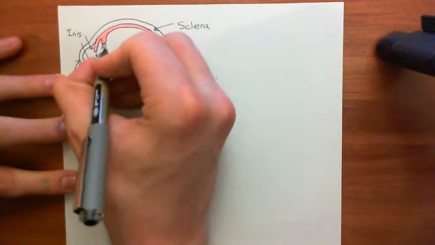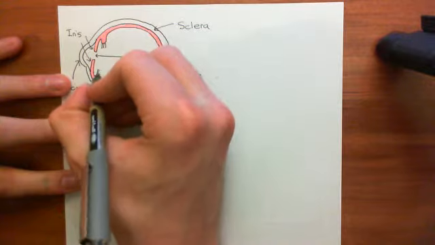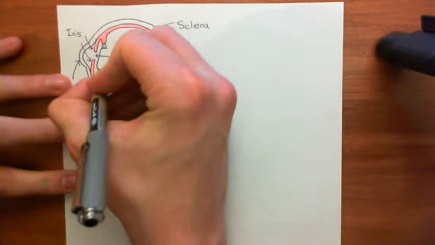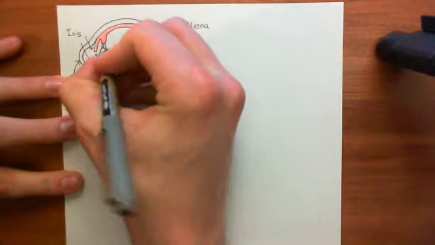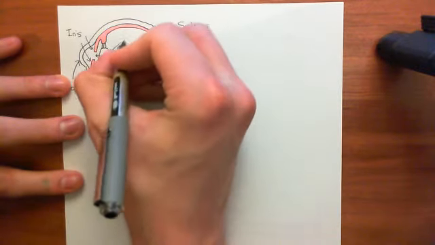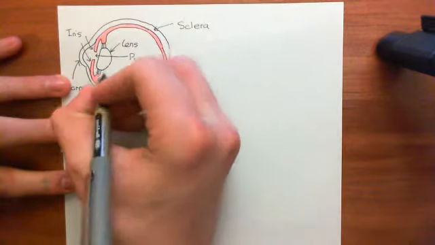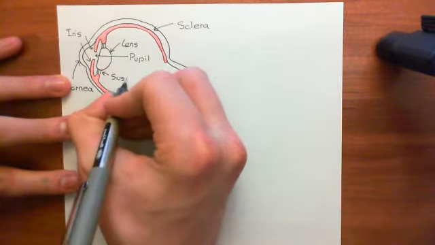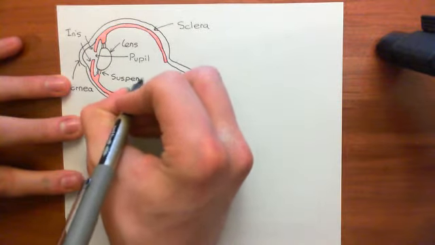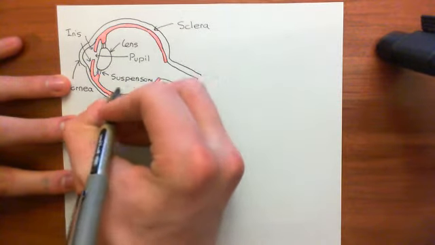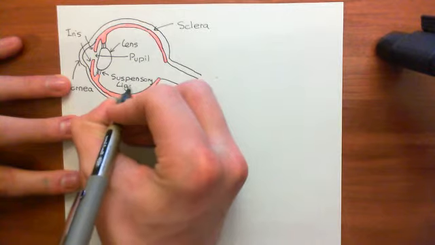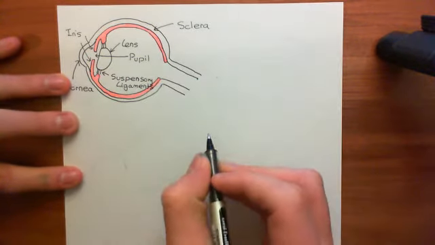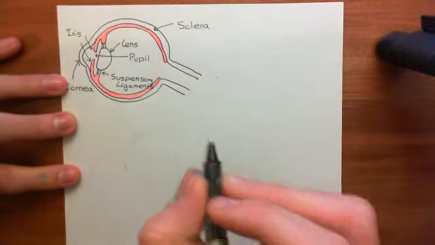So we're going to have the suspensory ligament emanating from the ciliary body, and then sitting here we'll have the lens here. Okay, so this is the lens which focuses the light onto the retina. And it's suspended from the ciliary body by the suspensory ligaments here. Right, and before I put any more arrows on, which are going to distort the picture, let's firstly finish